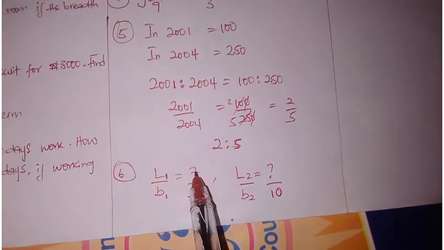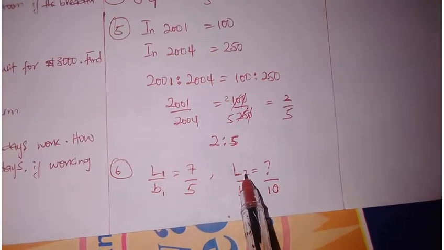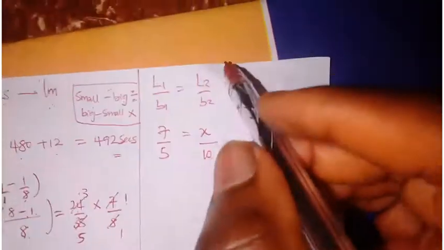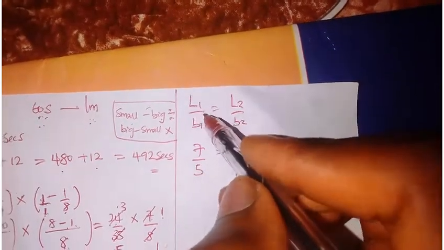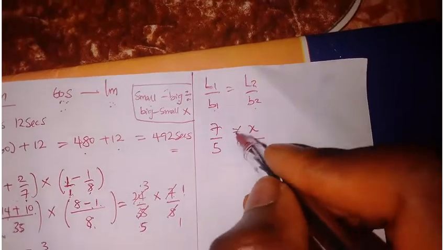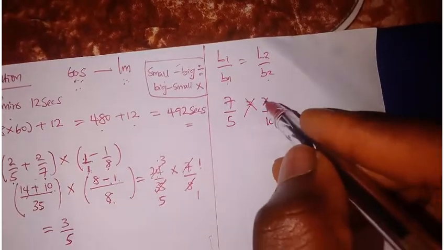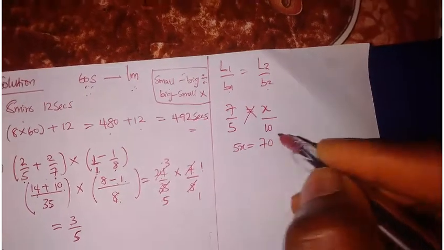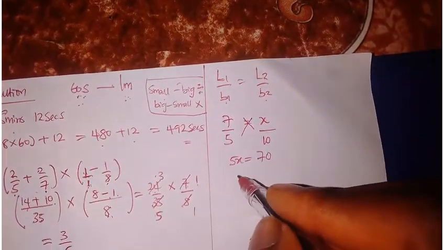Okay, so my L1 is 7, my L2 is given as x, my B1 is 5, my B2 is 10. So, by the law of proportion, we have L1 over B1 equals L2 over B2. Now, cross multiply here. 5 times x is 5x, equals 7 times 10, which is 70. In which case, it implies that